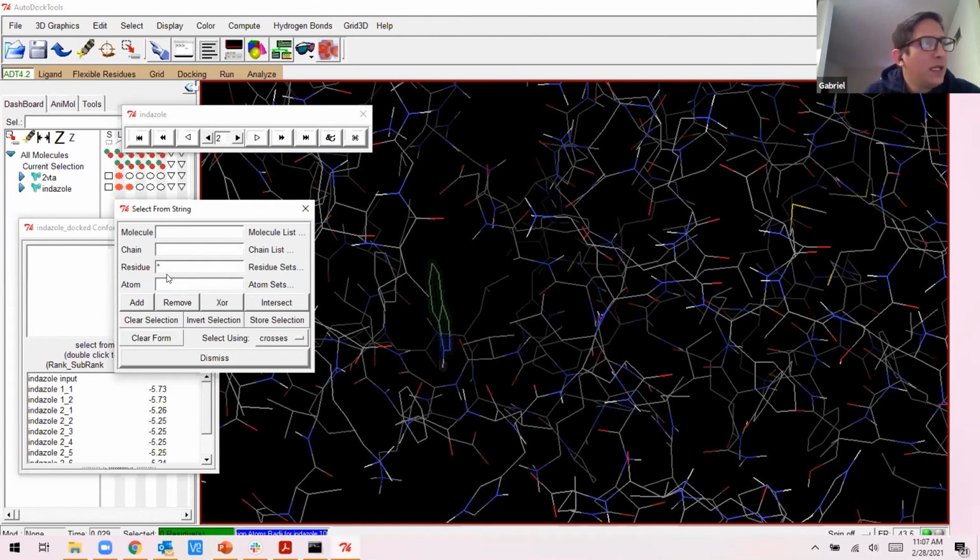So you have to type lysine, L-Y-S, lysine 33. I'm going to add it, and now it's being selected here, right? And I'm going to keep doing that. So it is there, highlighted with yellow stars. So I'm going to keep doing that for the other residues. So I did it for lysine 33. I'm going to do it now for phenylalanine, PHE 80. I'm going to add it there, and I'm going to keep doing the same thing. Now I'm going to add GLU 81, glutamate,